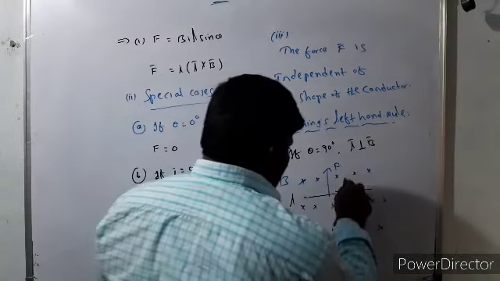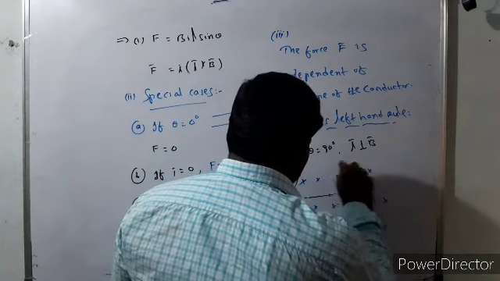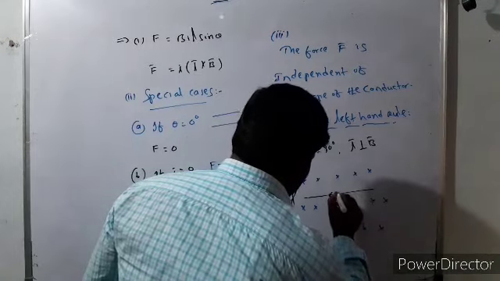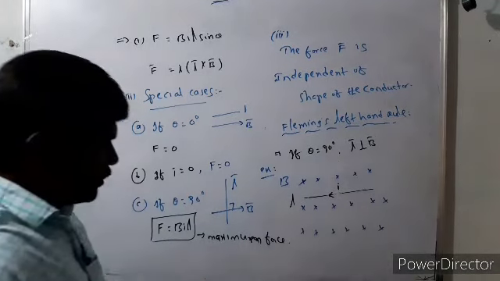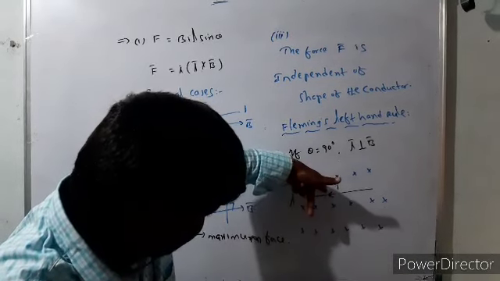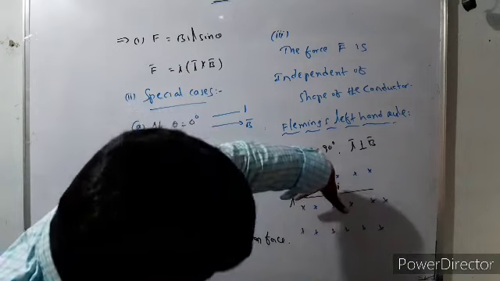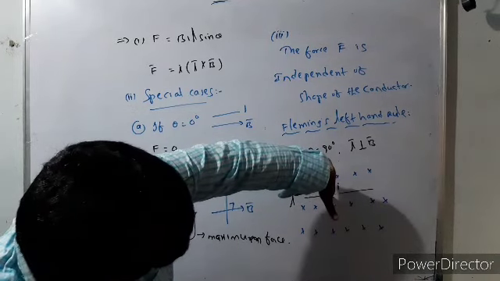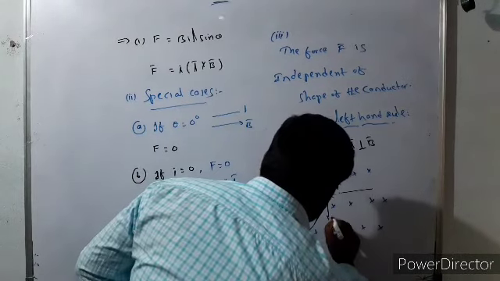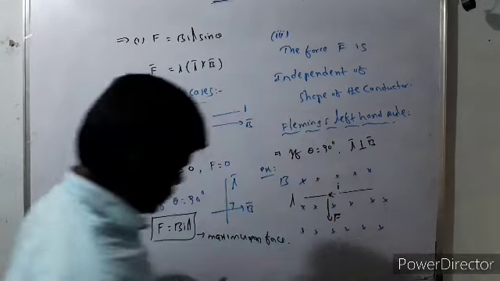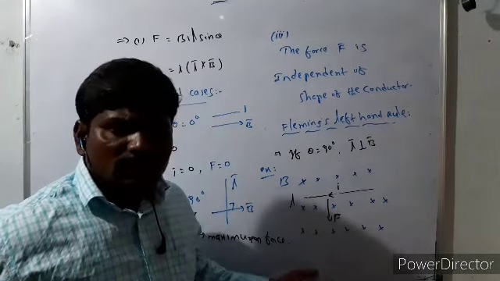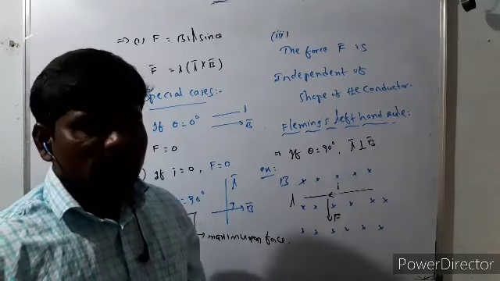If we reverse the direction of the current in the conductor, what happens? Now, I am considering this is the direction of current in the conductor. See, this is the magnetic field perpendicular to the plane of the board. The middle finger shows the direction of the current, and the thumb shows the direction of force. Here, our force is downwards. That means we can say, if the direction of the current in the conductor reverses, the direction of the force on the conductor also reverses.